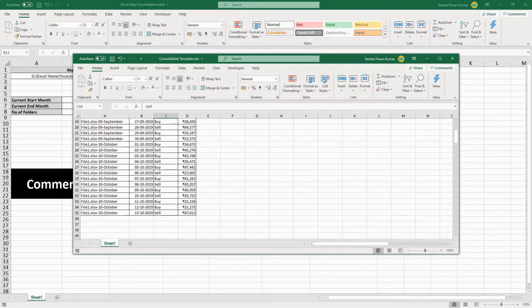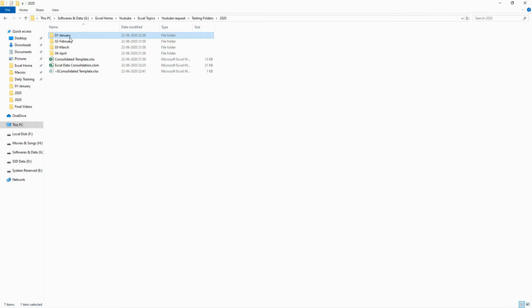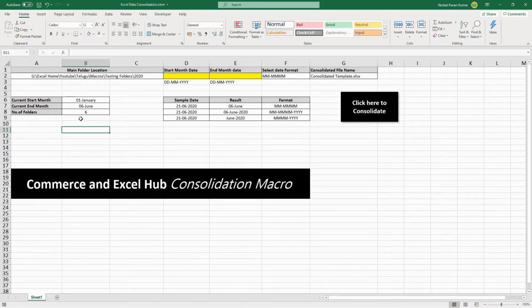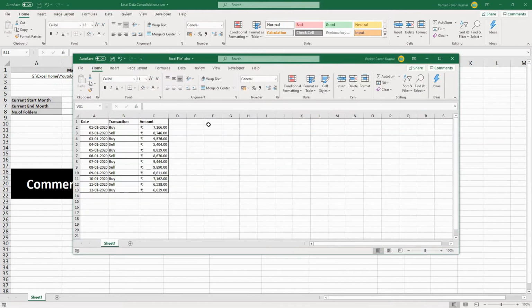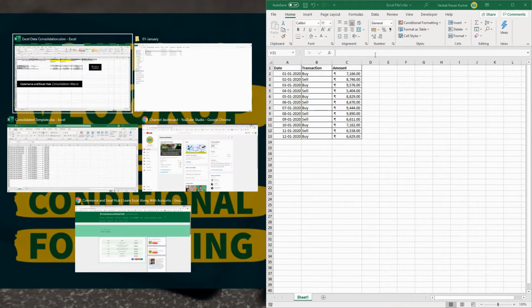Now I'm going to open the source file which is available in the month folder. Let me open the first source file. This is the source file for us. Keep it to the right, and towards the left I'm going to open the consolidated template.